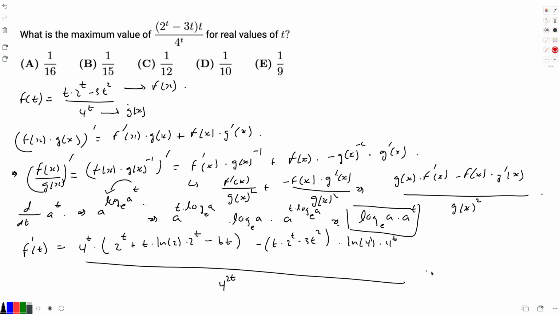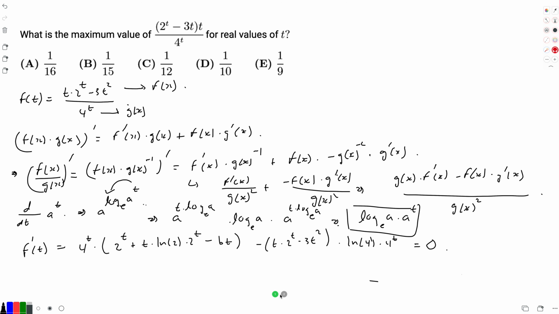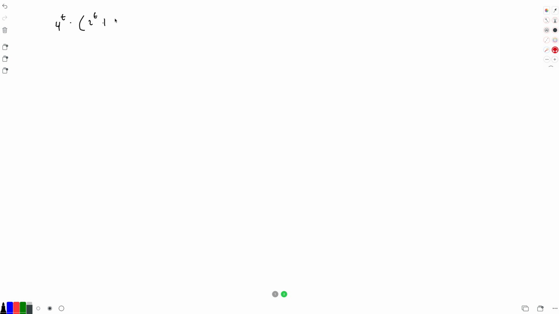Okay, and then now what we have to do is set this to 0 to find critical points. And now we can multiply both sides by 4 raised to the power t. So this is equal to 0. And then now maybe we can bring stuff to the other side. So we have 4 raised to the power t times 2 raised to the power t, and then plus 2 ln2, plus t times ln2 times 2 raised to the power t, and then minus 6t is equal to,